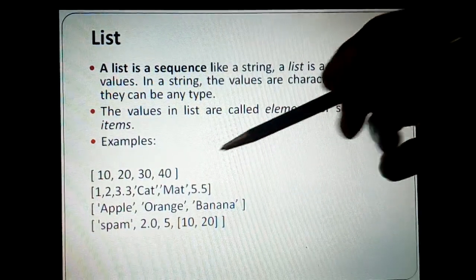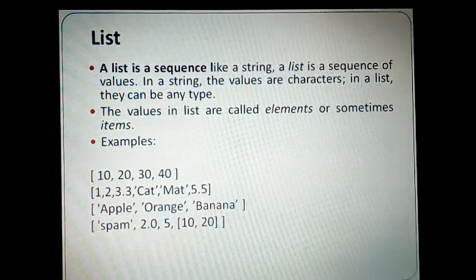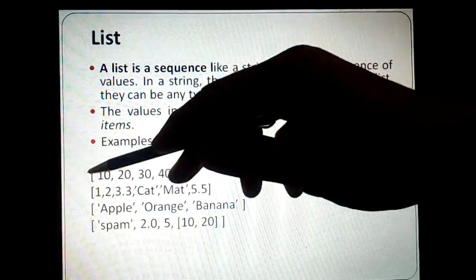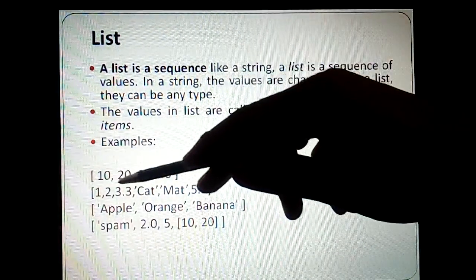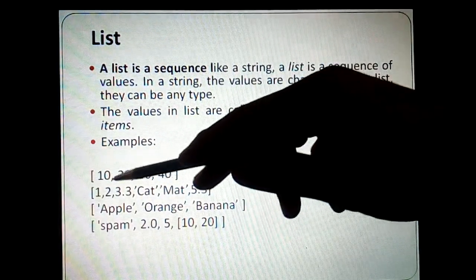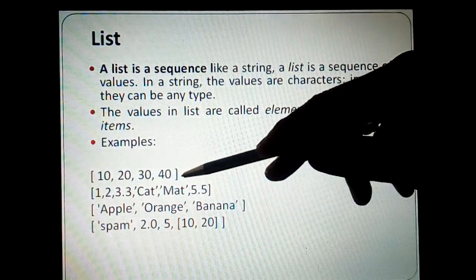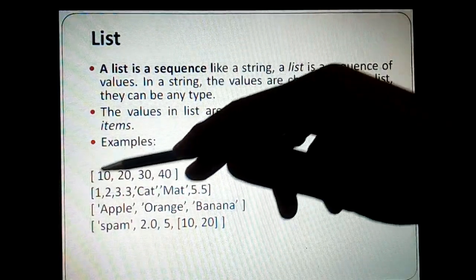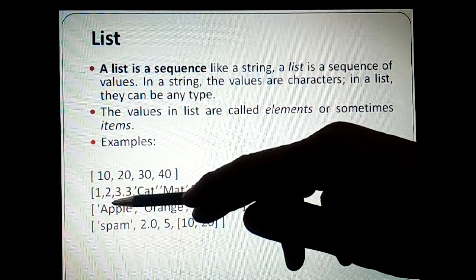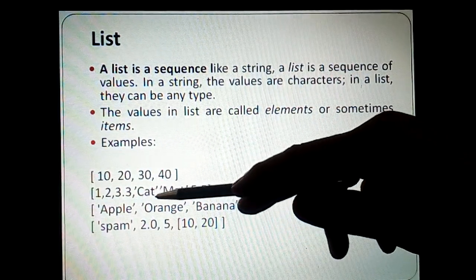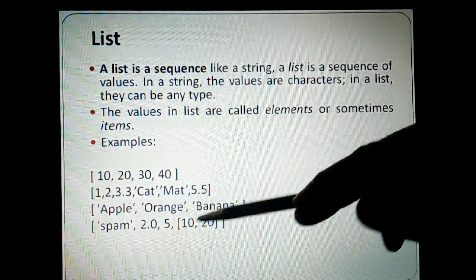There are various examples given here, and every time you specify a list it should always be indicated with a square bracket on either side, and in between you say that these are the items or the elements: 10, 20, 30, 40. Of course all the elements are of the same type, homogeneous type. Similarly I have 1, 2, 3.3, and in between cat, mat and 5.5.